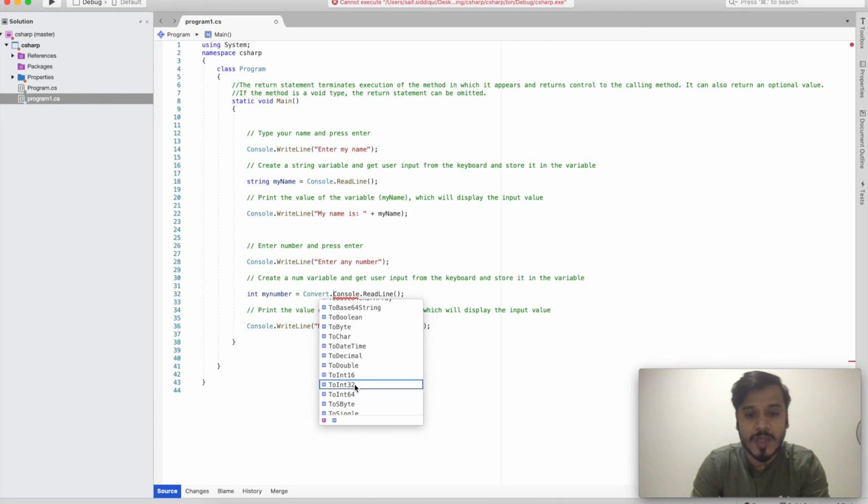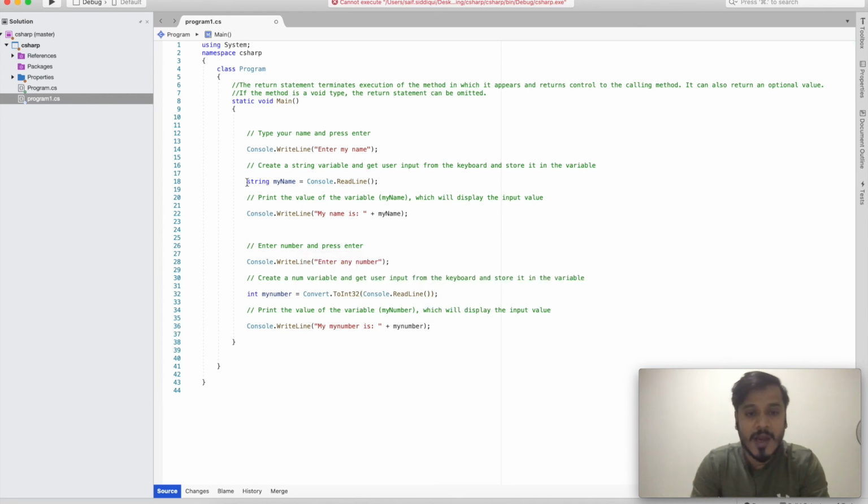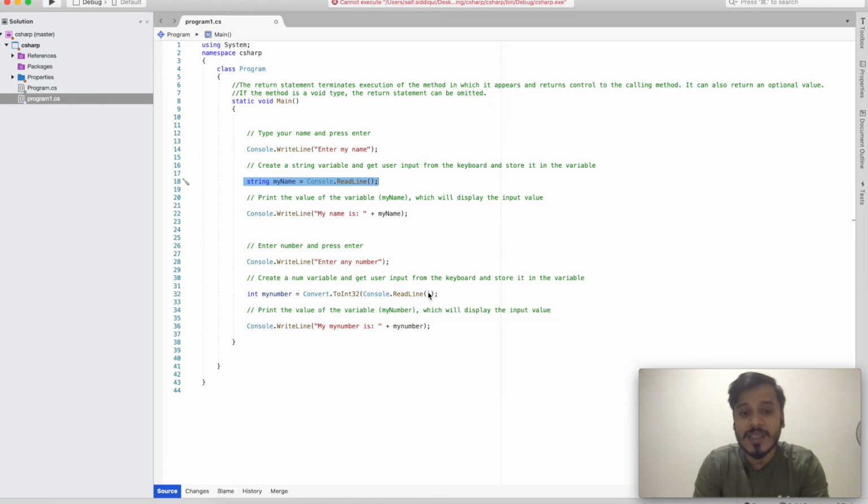The option which I need to select is ToInt32, and I will close this. Here I just need to write Console.ReadLine, but I need to store the value as a number, int, and I'm going to convert it with ToInt32 because the input I'm getting from the keyboard is a string, so I need to convert that string into int and store it in this variable as an integer data type.